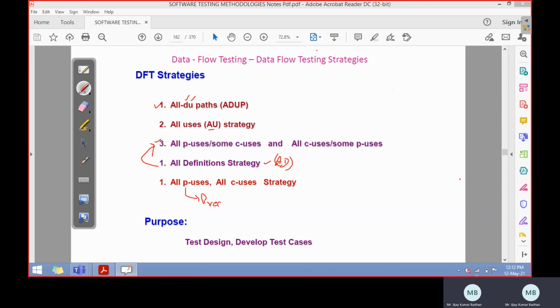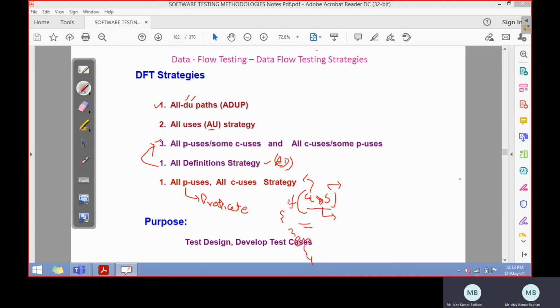I think you people right now are familiar with predicate, right? Predicate is nothing but whenever you're using a variable for conditional purposes. Like if A is greater than B, you are using two variables, variable A and variable B. These two variables you are using to compare. So based on the computation, you'll be selecting the block, whatever it might be, the if block or else block, so any one of the blocks will be executed.